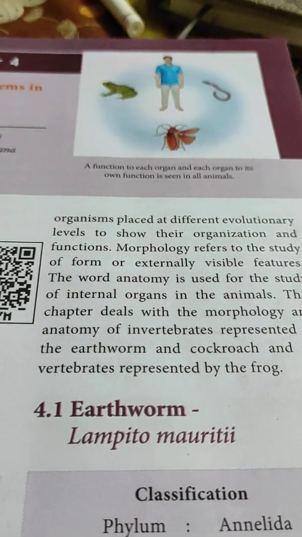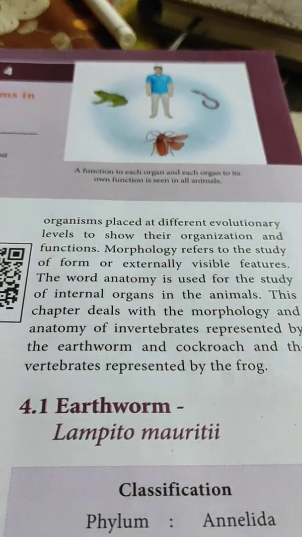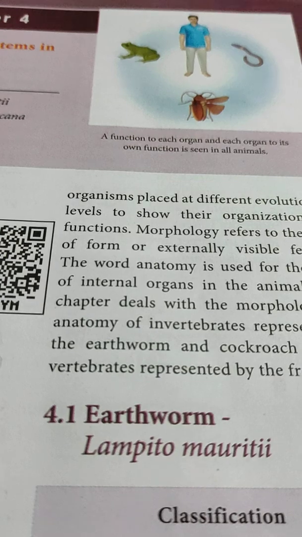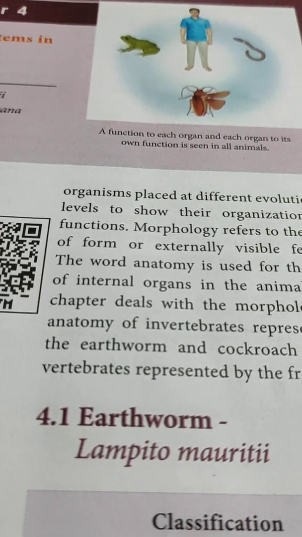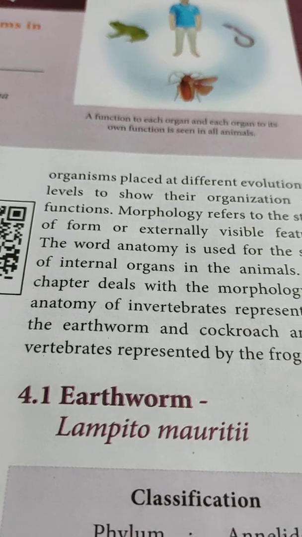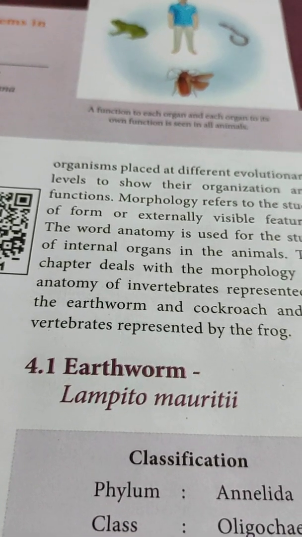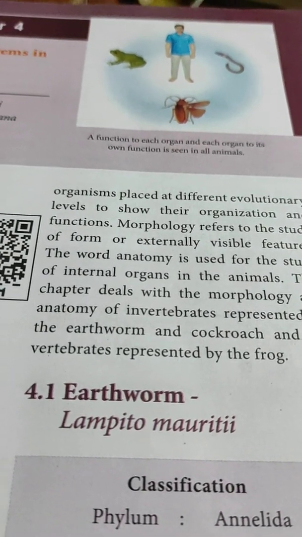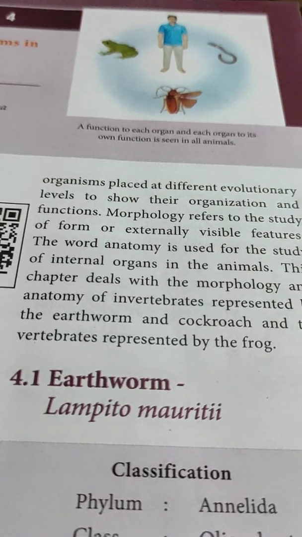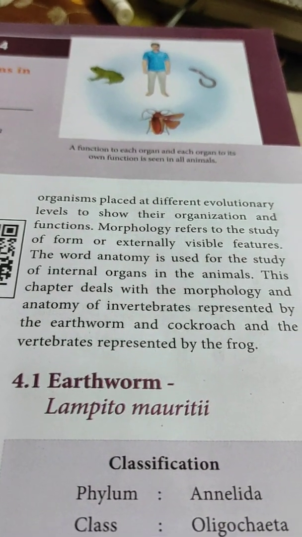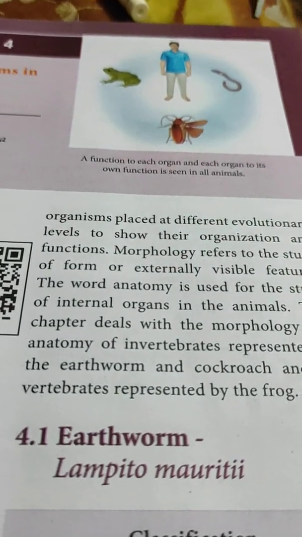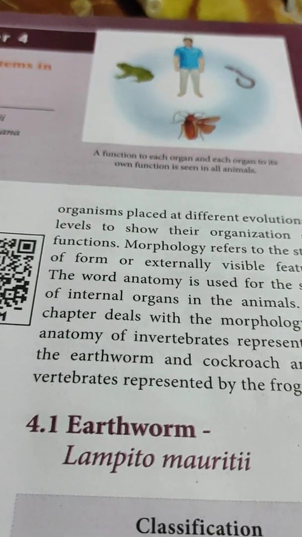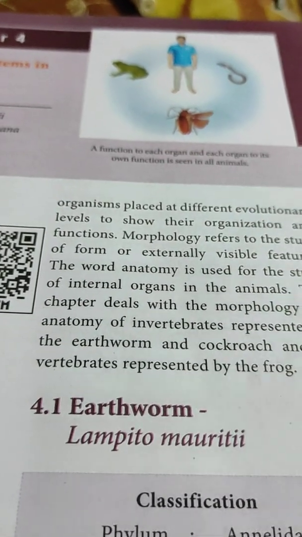This chapter will be dealing with the morphology and anatomy of two invertebrate animals. The examples we will be discussing are the earthworm, and another one is the cockroach, an insect. One is an annelida group of animal, one an arthropoda group of animal, phylum. And the vertebrate animal we will be discussing, for example, is the frog. Vertebrates represented by the frog. Now that is the introduction. Mainly we will be discussing how these different organisms perform their physiological functions to survive successfully in their